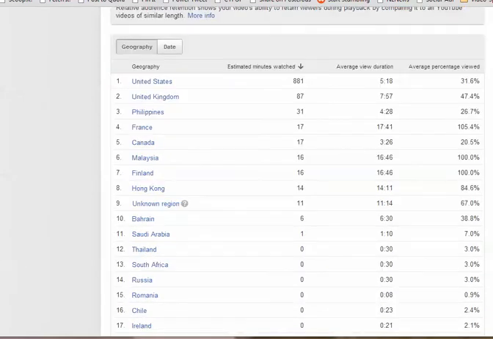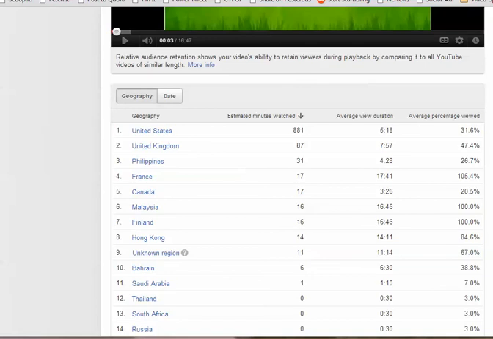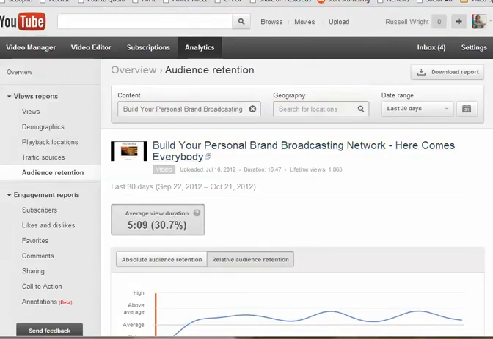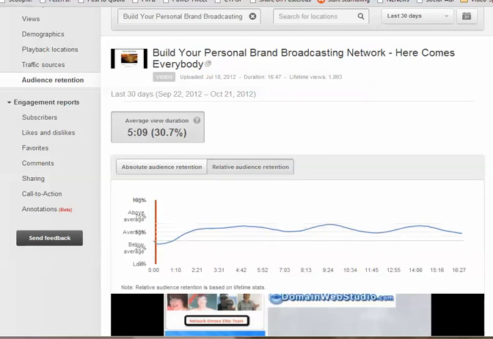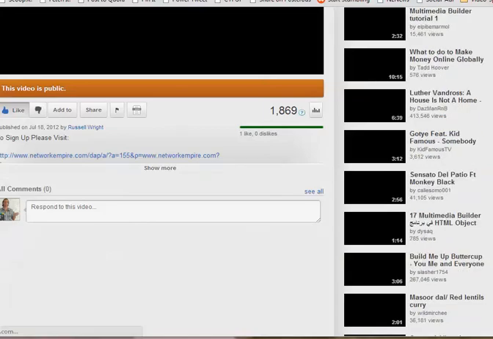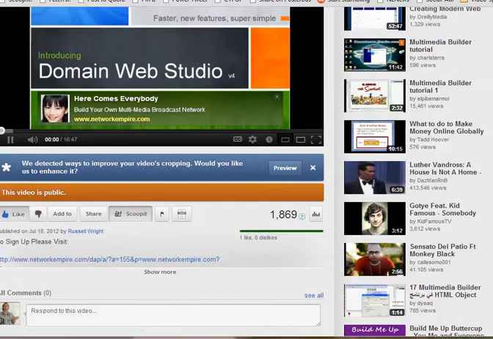You can also see which countries you're getting traffic from, which is really great, and who's retentive. Hong Kong, these types of things. United States, average duration, 5 minutes. Sometimes I have found that you have countries that are watching 100% all the way through, and that's really interesting, like Finland and Malaysia. So these are the things that you want to consider when looking at the YouTube video analytics. And again, to be clear, when you're on a regular video, step one,